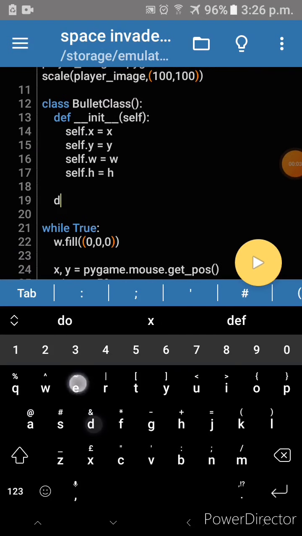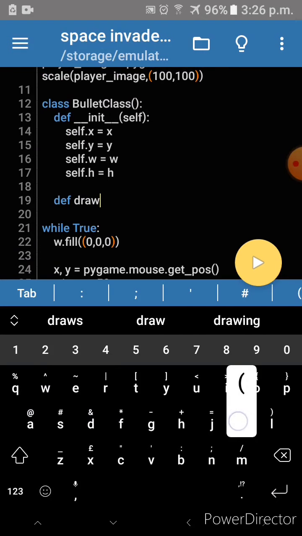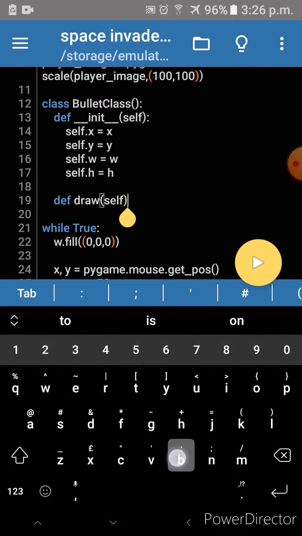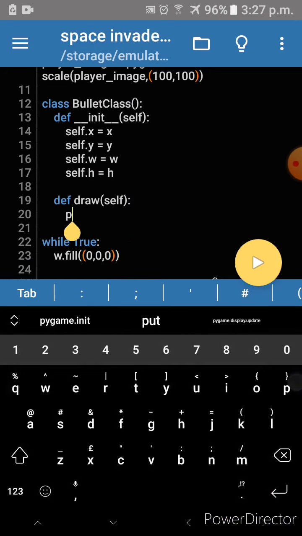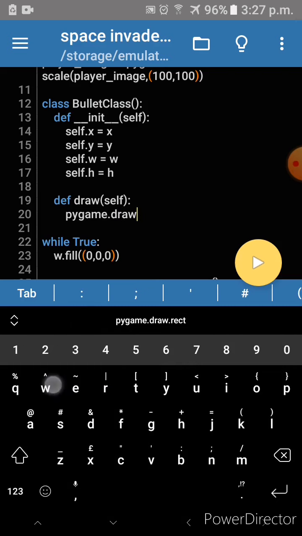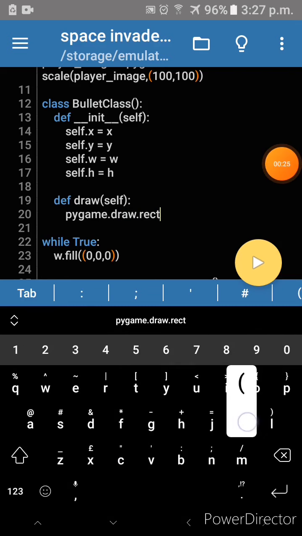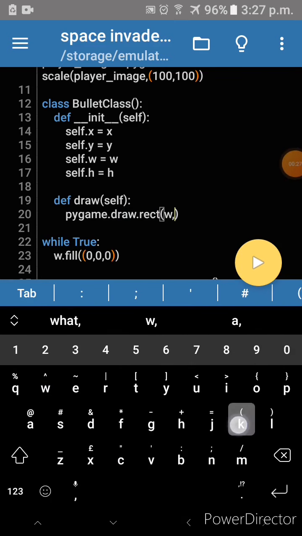After that I am going to draw the bullet on the screen. For that I will use another function, def draw, with self inside it, and again a colon, and we will draw a rectangle. pygame.draw.rect, and inside the rect statement we will give the window or the surface.